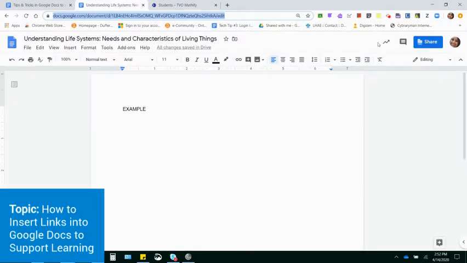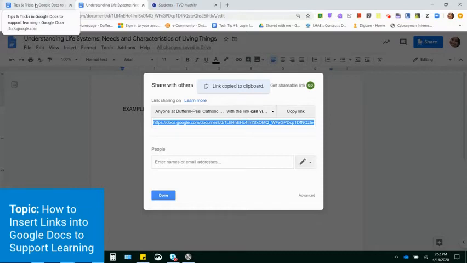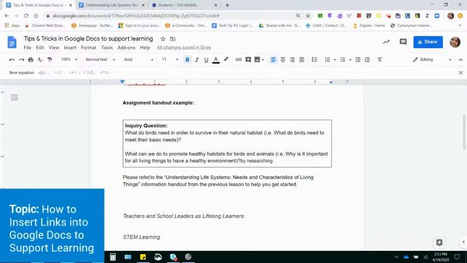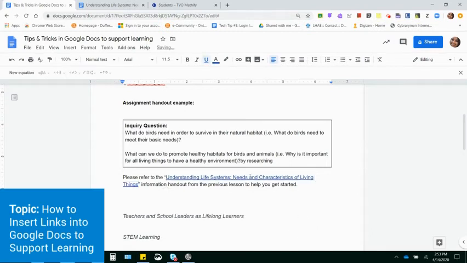So if you open up the previous Google Doc that you had used, anytime you have a URL, which can be found in the URL window, you can pull that in. You can pull it directly from there, or if you go to Share and then Copy Link, the link will be copied, and then you go back to your original document. And instead of saying, please refer to the Understanding of Life Systems handout, you may want to highlight this actual handout, and then click on this icon called Insert Link. Because I copied that link from a previous handout, now I'm going to press Control V on my keyboard, paste it, apply,